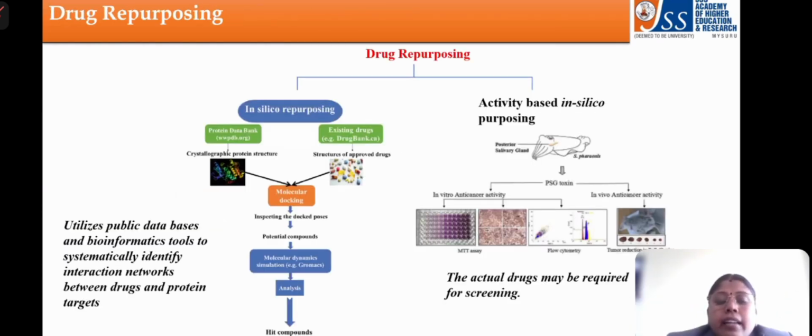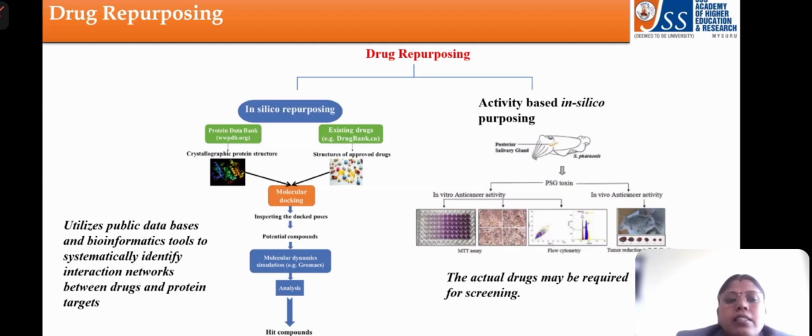Now, drug repurposing is broadly divided into 2 categories. One is in silico repurposing, the other one is activity-based repurposing. So the in silico repurposing we group under computational approaches, and the activity-based repurposing we group under experimental approaches. Okay, so in the in silico repurposing, what we do, we know very well,